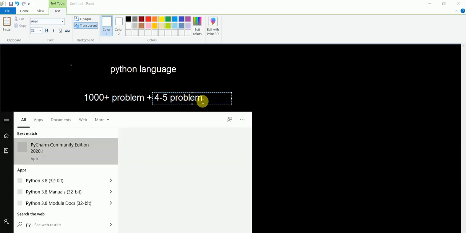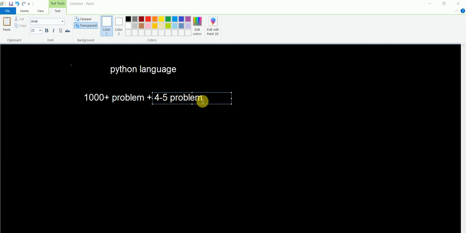We downloaded PyCharm and told you yesterday how to set it up. If you have an Android phone, you can download a Python IDE, an integrated development environment, from which you can also code from your phone. There's no need for a PC. If you don't have a PC, you will not be able to program. This line is wrong. You can program from mobile if you download an IDE like Soft Launcher.